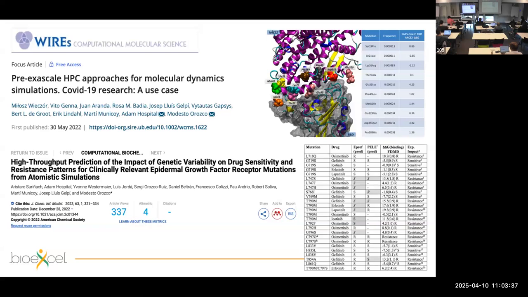And again, in this case, qualitatively, we put a cutoff and said, okay, negative ones should be more sensitive, I think it was. Yes, and positive ones should be more resistant to the different drugs. And we had 100% results. So we got all of them, if you look at the literature, and this is something that